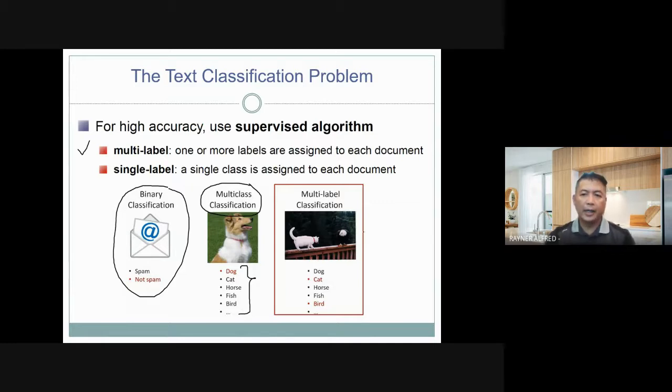Okay, and this is what we call multi-label, in which this picture belongs to two classes, which are the cat and the bird. Okay, so that's the difference between binary classification, which only has two classes, multi-class classification, which has more than two, and multi-label classification, in which each document could belong to more than one class. Okay,